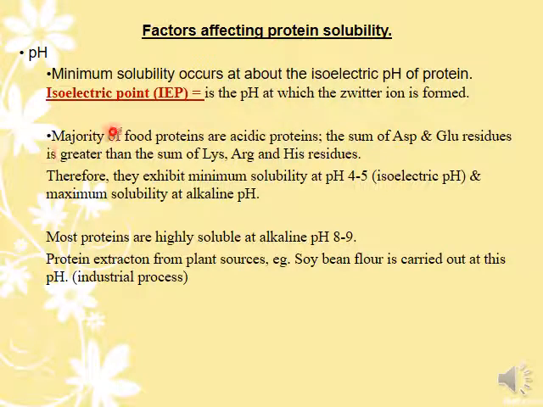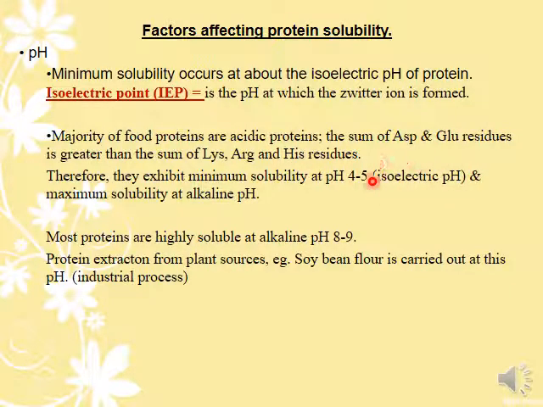The majority of our food proteins are acidic proteins, in which the sum of aspartic acid and glutamic acid residues is greater than the sum of lysine, arginine and histidine residues. Therefore, the majority of food proteins containing aspartic acid and glutamic acid residues will have minimum solubility at a pH range of 4 to 5,